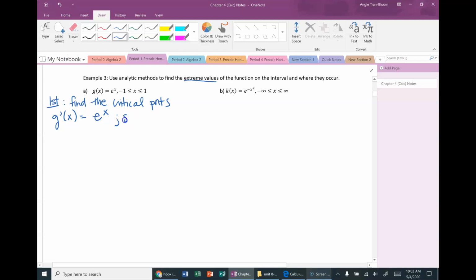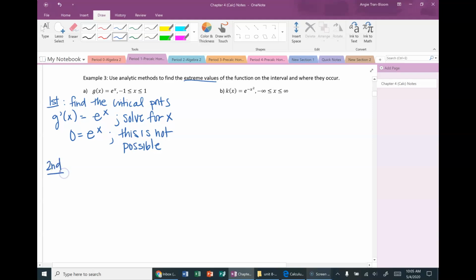Okay, you want to solve for x, because the critical point again is where it equals 0 or where it doesn't exist. So when the derivative equals 0, we want to solve for x. Well, obviously it's an exponential function, and an exponential function is never going to be 0. So this is not possible. Okay. Next step,